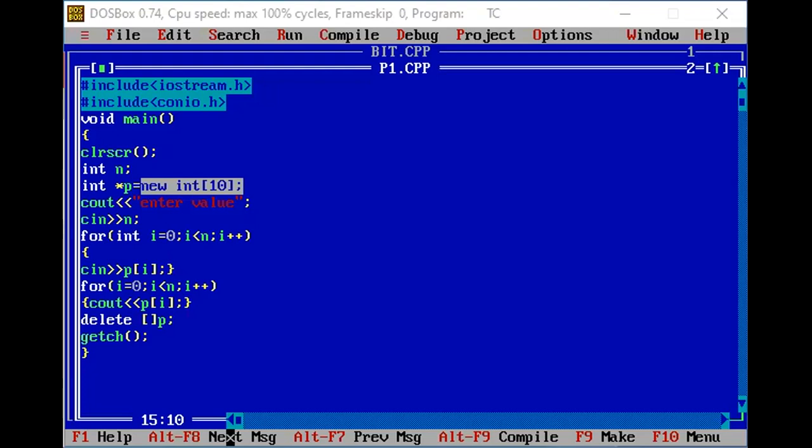Here I will enter the values and will perform this sum. Firstly, I will just display the number of elements that I have taken, and I will use sum equal to sum plus p[i]. That is the same as the concept of your simple array programs. Okay. And we'll display the result.